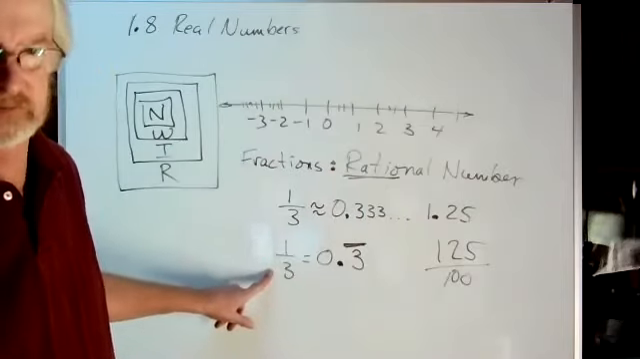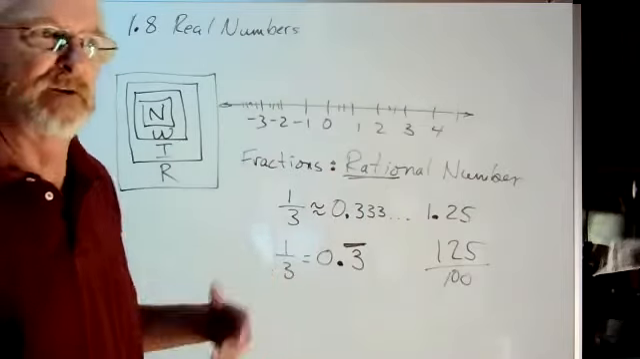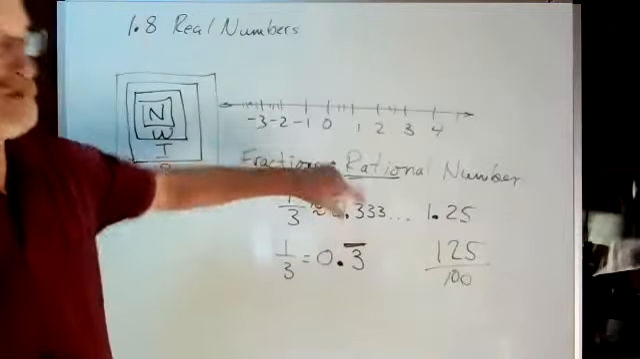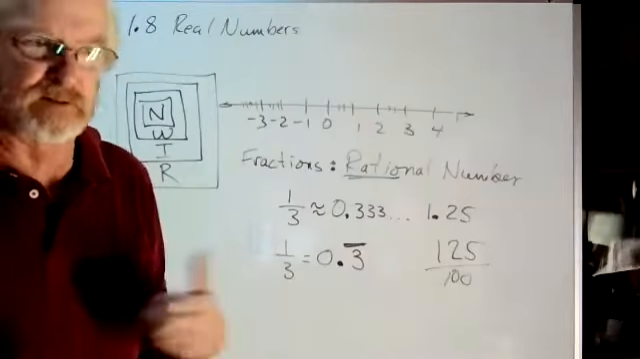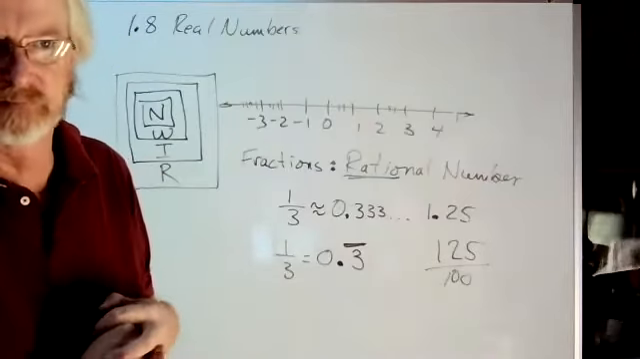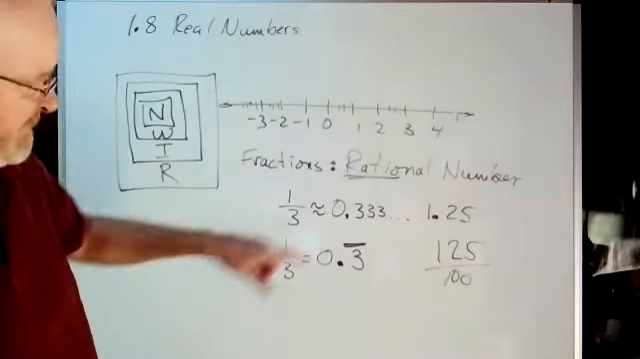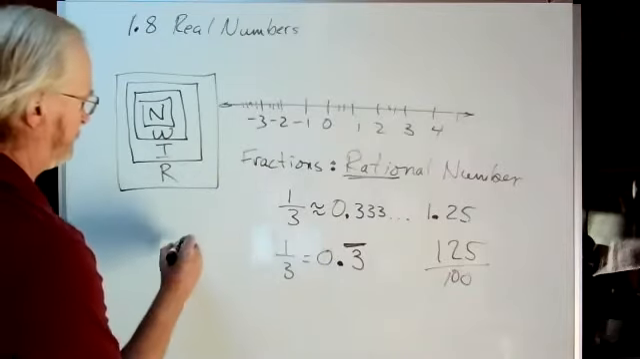In the interest of time, if you can accept that concept, you just have to watch for that bar. If it has that bar on it, it's a rational number. There's a way to make it turn into a fraction. Okay, so if I see